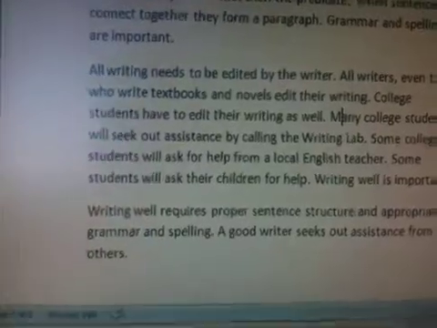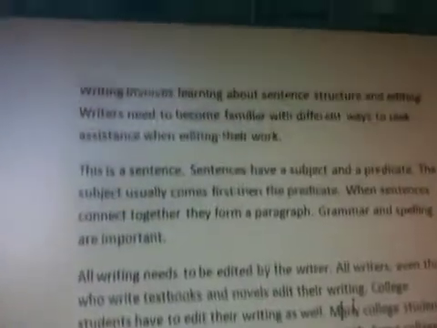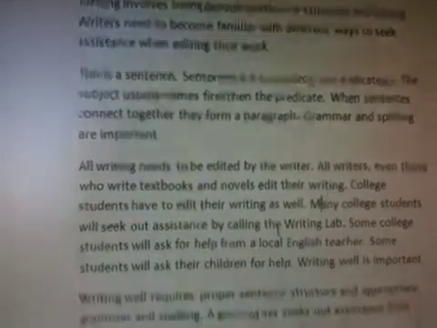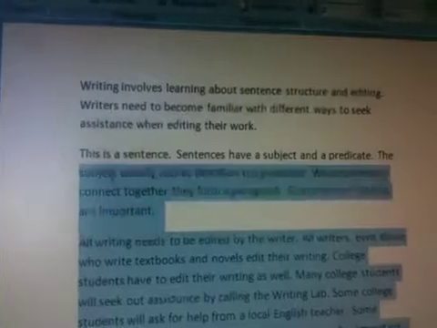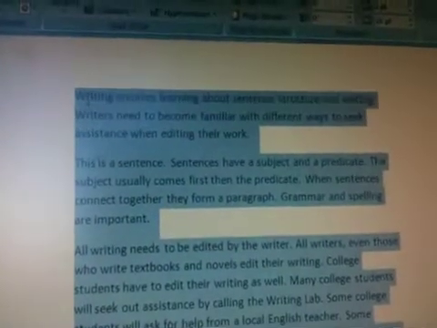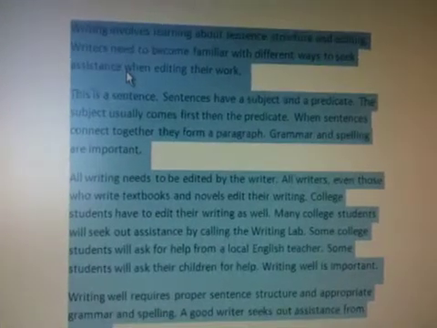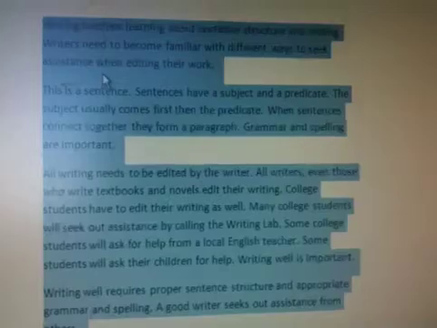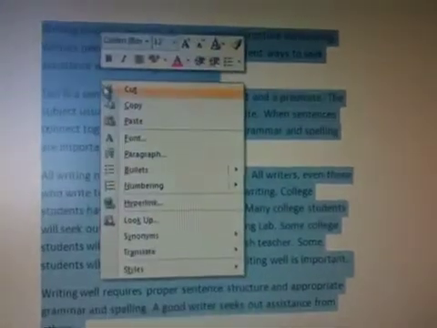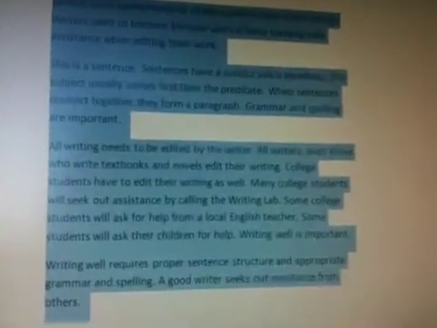Okay, so what I'd like you to do is to take some time with any of your writing. Some people like to handwrite their blog entries. Some people like to put it on the computer. If you put it on the computer, then you're guaranteed that you are going to have some help with the editing process. What I'd like you to do now is I just highlighted all of it, and I'm going to right click and I'm going to copy this. Then I'm going to go over to